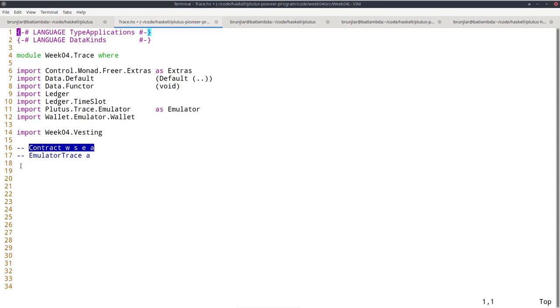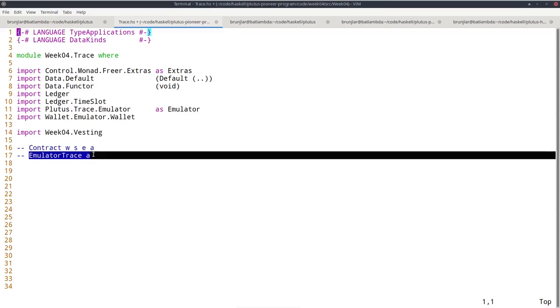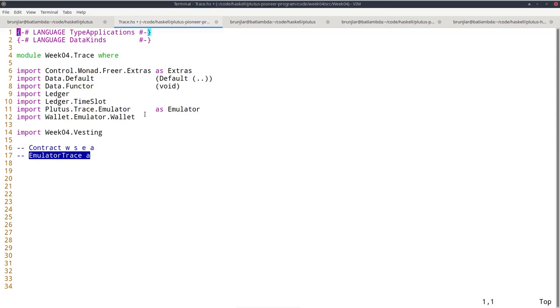That defines the off-chain part of Plutus and is equally important to the on-chain part. But before we go into details with this contract monad, I also want to talk about a second monad, the so-called emulator trace monad, because quite a few of you asked me whether we really need the playground to test Plutus contracts and whether there's a quicker, easier, and faster way that doesn't require you to start this playground server and then always manually copy paste over into the editor and so on. And there is indeed, and this is done via this emulator trace monad.